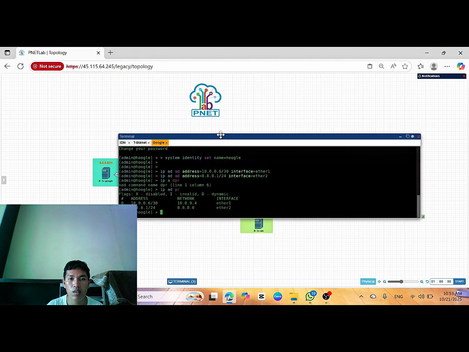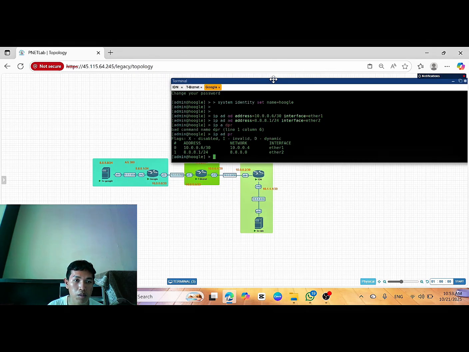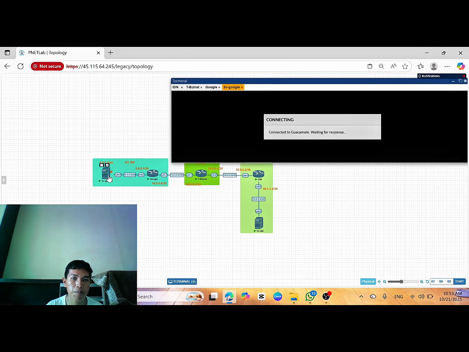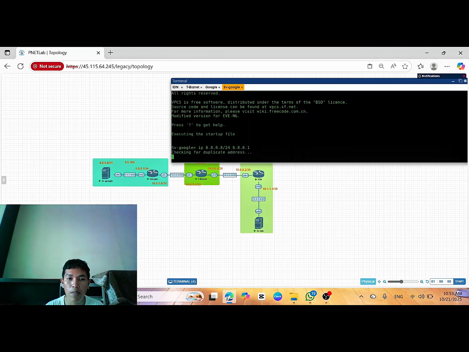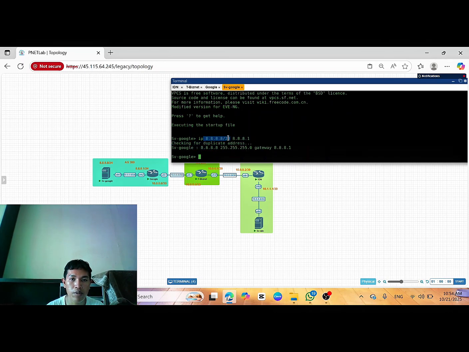And for the server, the IP for the server is 8.8.8.8/24, and the gateway 8.8.8.1. This is for the IP, and this is for the gateway.